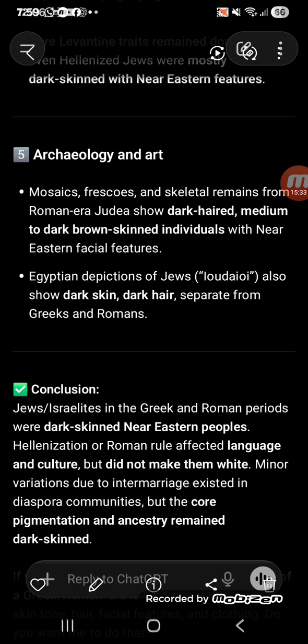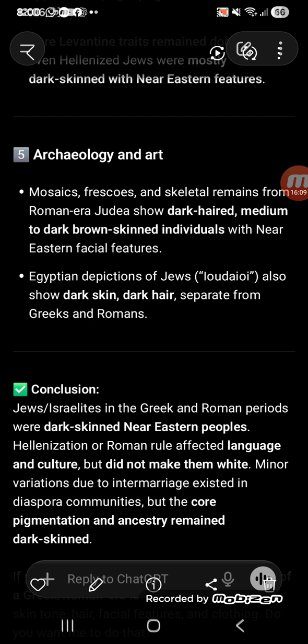Archaeology and art. It says mosaic frescoes and skeletal remains from Roman era Judea show dark hair, medium to dark brown skin individuals with Near Eastern facial features. Egyptian depictions of the Jews also show dark skin and dark hair, separate from Greeks and Romans in their comparison, their description.